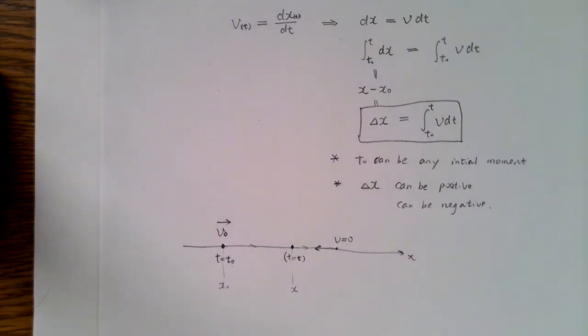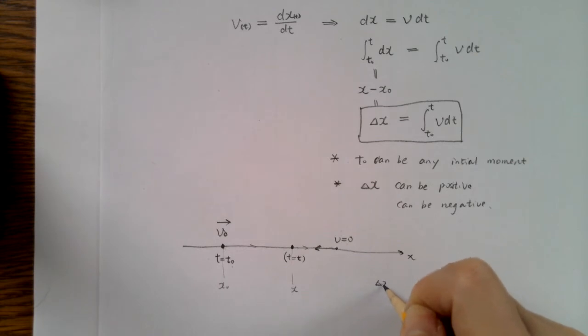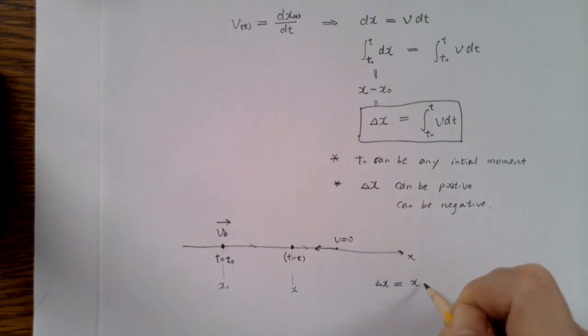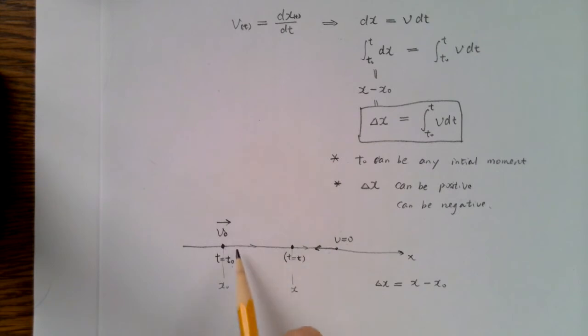Now let's look at what is the displacement. So the displacement delta x always equals x minus x sub 0. It really does not matter. So this object moves to here and then turns over. I don't mind. I just look at final position minus initial position. So this will be my answer for the displacement. But when I look at the distance,